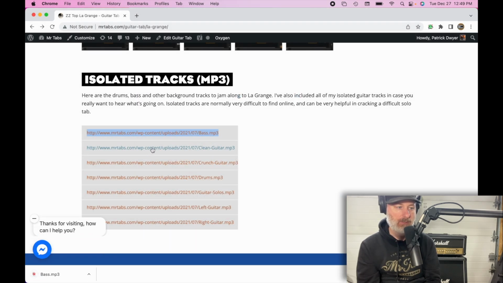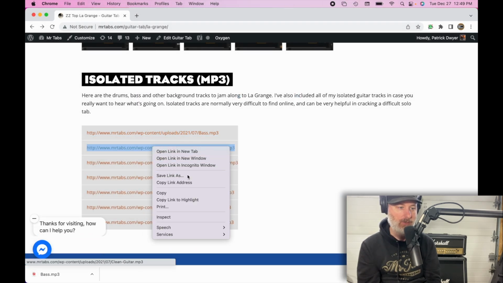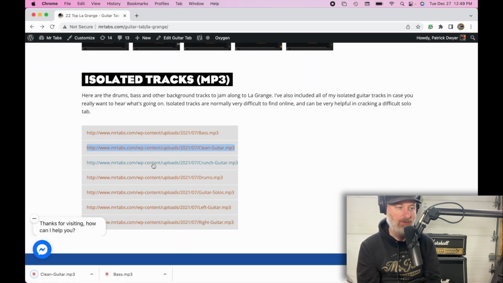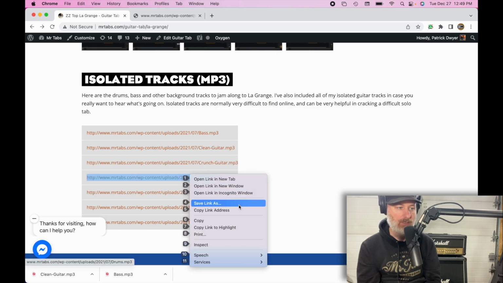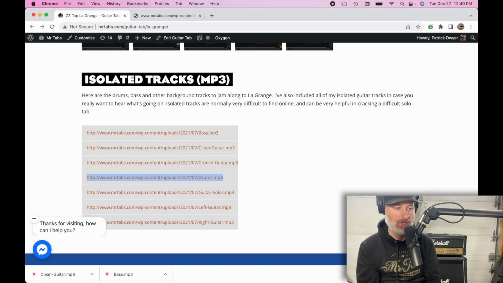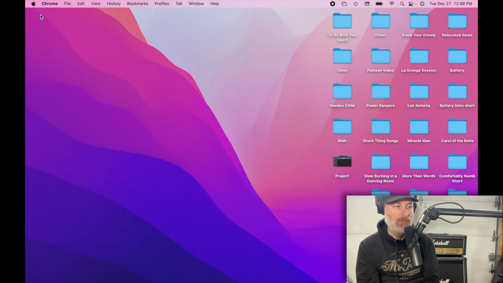Click on this one, save link. Oh, wait, maybe I don't need clean guitar. No, I don't need that track, but that's fine. I think it's just the bass and the drums. So I'm going to click on drums as well, save link as, and save the track directly into the same folder. So perfect. I've got the two tracks that I need, and now what I want to do is open up